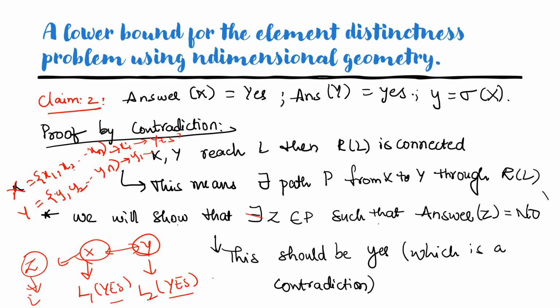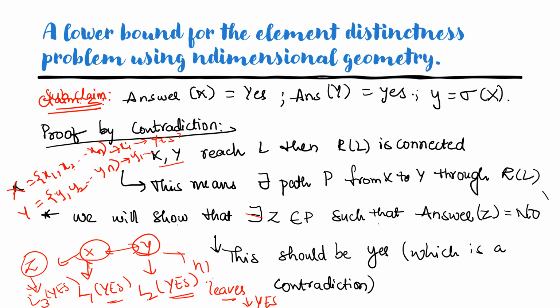If that reaches another leaf L3, I can show this for n factorial leaves. To show that n factorial leaves will reach S nodes, I am doing this thing. So here x and y should reach different S nodes. How am I going to prove that? Instead, I'm going to prove by contradiction.